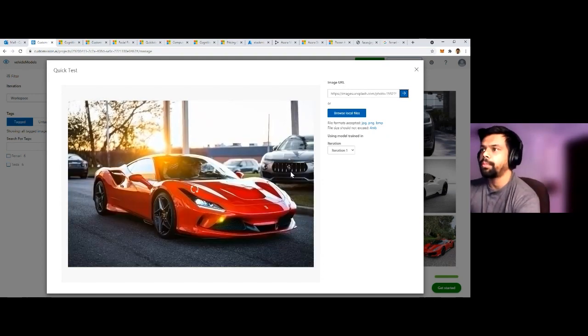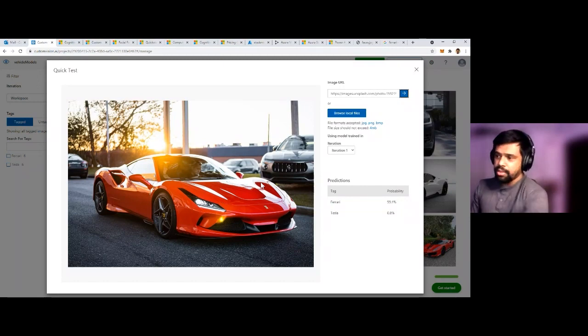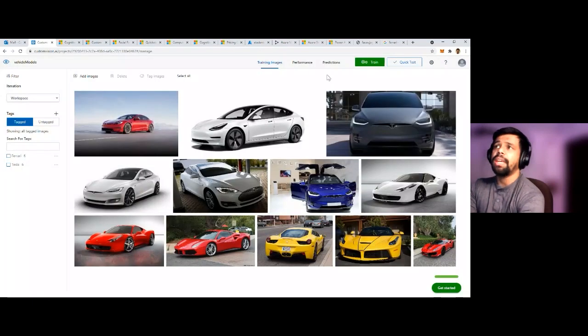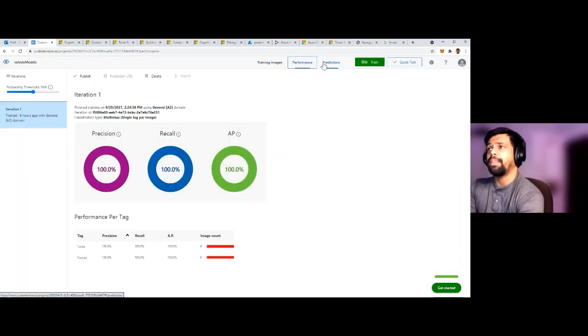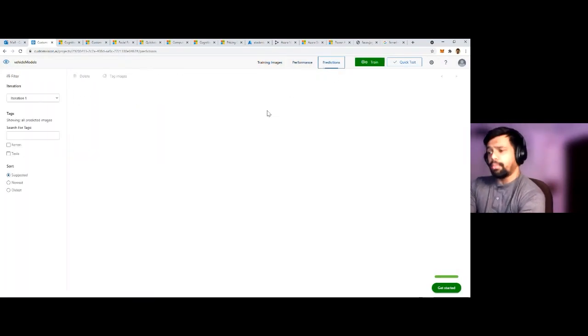Yeah, it has a 99.1 accuracy of a Ferrari because the color is also there and the design. So the most important thing is more data; the more data, the more accuracy you will get out of this. Now, once you build your model, you can actually look at the performance and the predictions, and